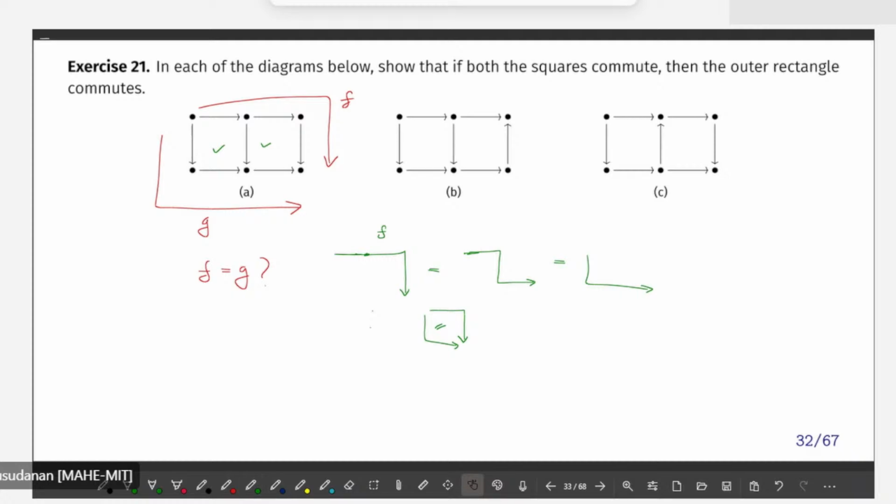So basically, if I start with f, it becomes this one because this square commutes. So now I have this, and then because this square commutes, that becomes, that's it. Again, you can write down the names and try. Write it down carefully, but that's it basically. So here, f becomes this one, that becomes this because of first this square and this square. Okay. Second one,